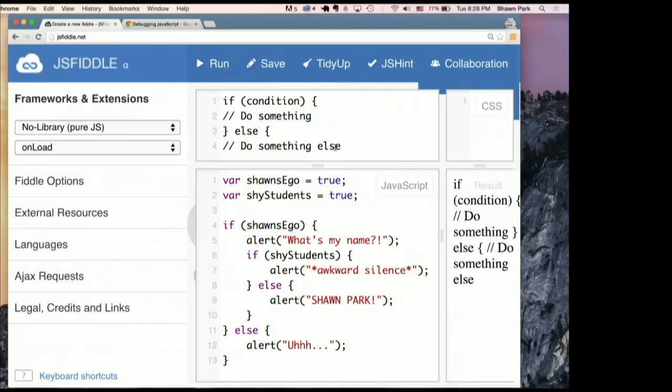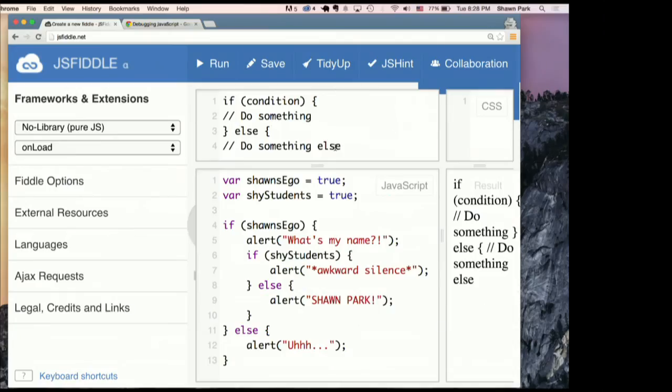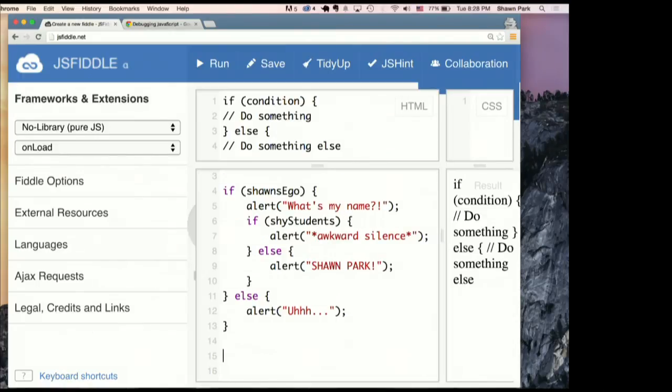Sarah's going to show you guys how you can simplify these nested if-else statements, because they look kind of messy right now, with something called conditionals. As Andy talked about, there's also something called else if, which is basically for when we want to try more than one condition. So I'm going to convert this code up here into an equivalent if, else if, and else statement. Okay, so if Sean's ego and shy students.